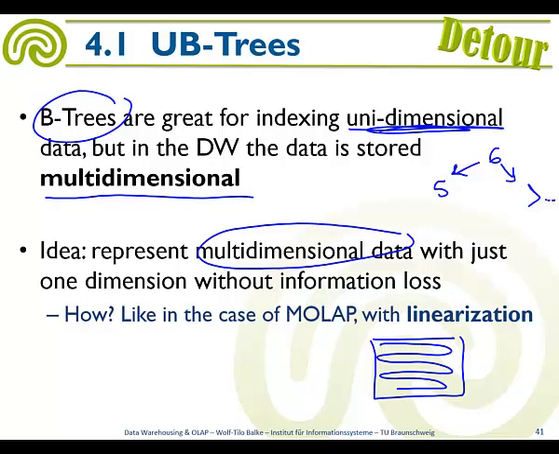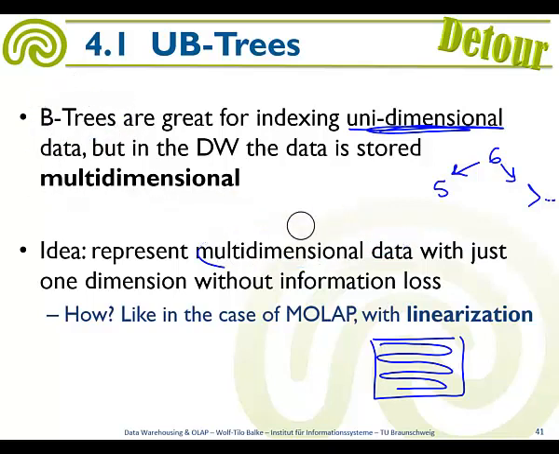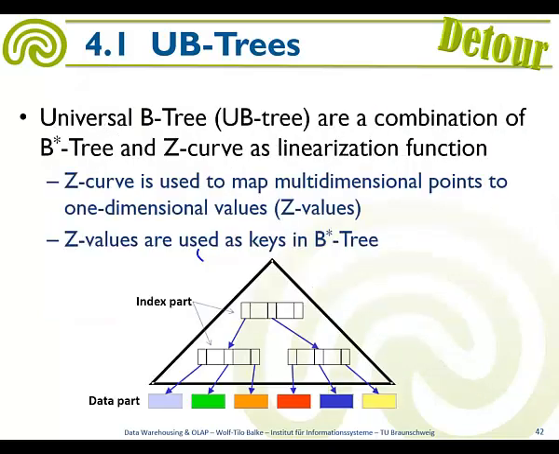And the idea is, can we do that without losing information and with the same concept? This is where universal B trees come in, and they're basically a combination of B star trees and Z curves. The problem with the linearization is that